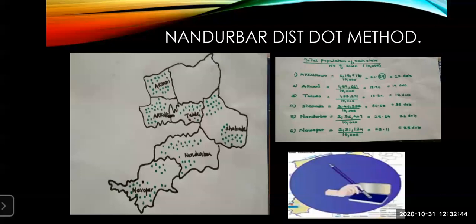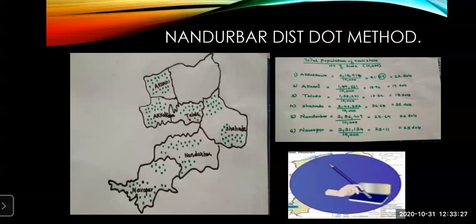As I told you before, you have to round up the given figure. We have seen the figure 2,15,974. I've already taught you how to round up when I was teaching the dot method in detail. You are going to use one formula: the total population of each place upon the number of the scale given. That time I showed that this is also a method, and we totally rounded up in the first and second column.